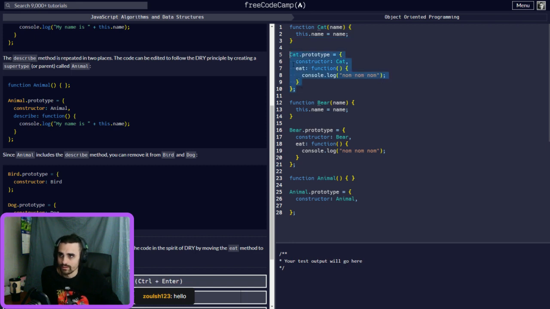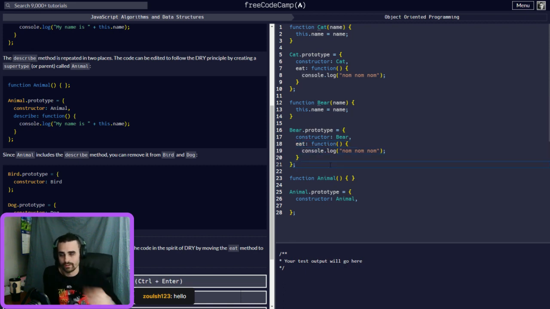Now you also have this prototype here from Bear. So you have two objects that are created: the Cat and the Bear object constructors. Then this Cat has two properties called eat and constructor, but you have this Bear that also has a prototype of eat and constructor.